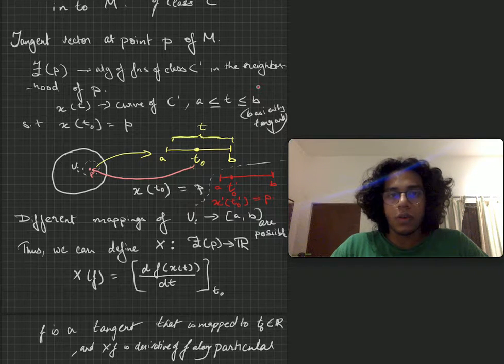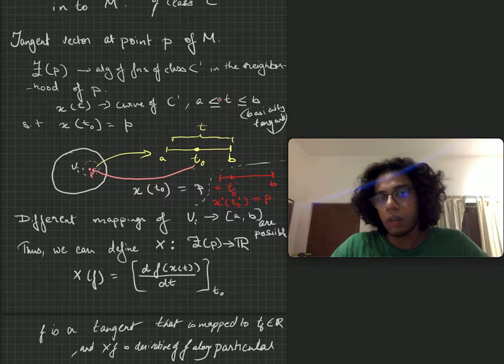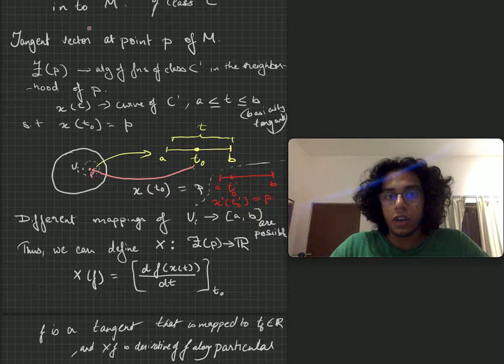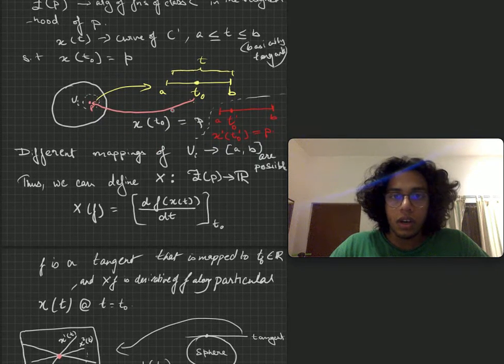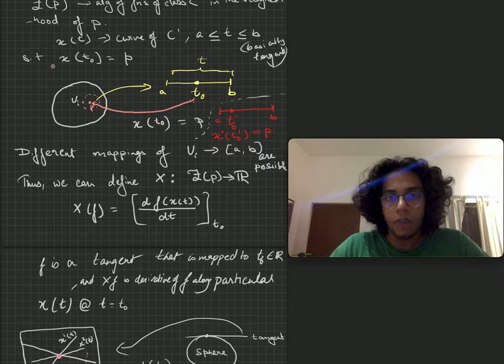Alright. So now what is x of t? Okay. So you see, t is a parameter, an arbitrary variable that moves between a and b. So now such that x of t naught is equal to p. So it kind of maps back onto p. Okay. So this picture, hopefully this illustration makes it clear, right? Understand, you have a manifold, and within that you have a neighborhood U_i. In the neighborhood there is a point P.